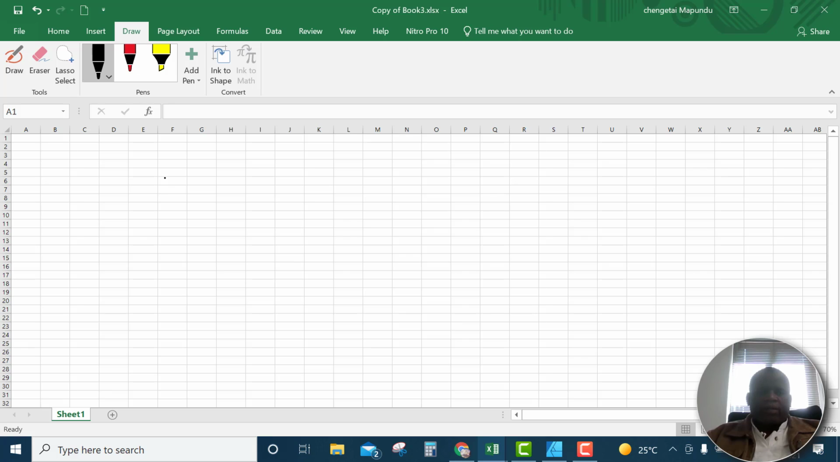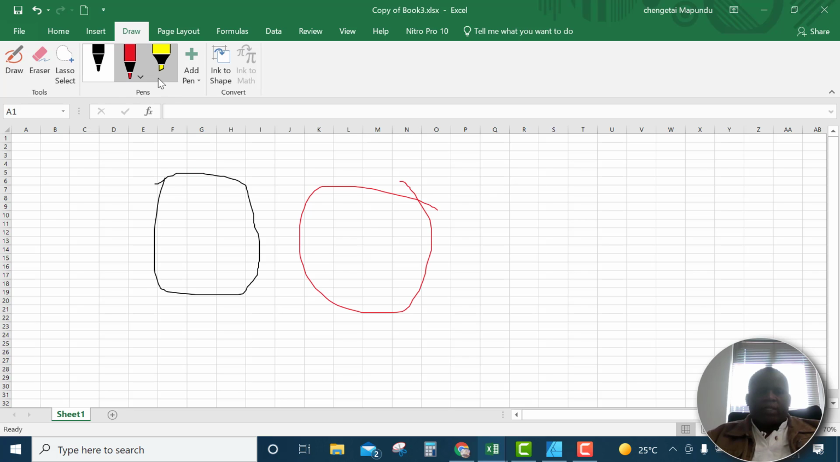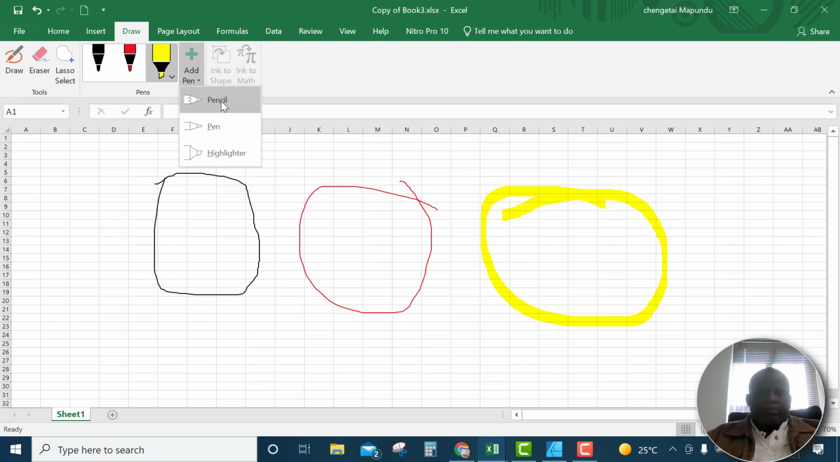This one I think is a black one. I can write with a black one. I can pick a red one. These are just pens. I can click this. It looks like a highlighter, so I can take a highlighter and I can highlight something on my Excel. I can add another pen. Either I want a pencil